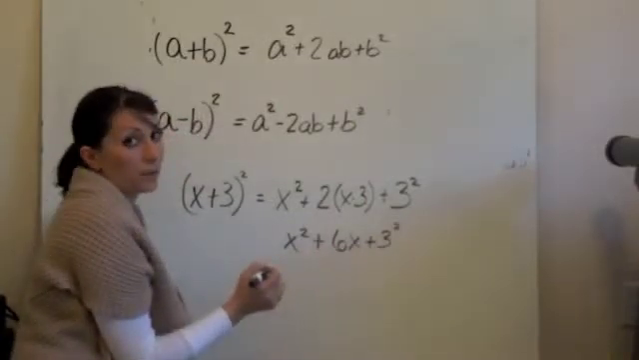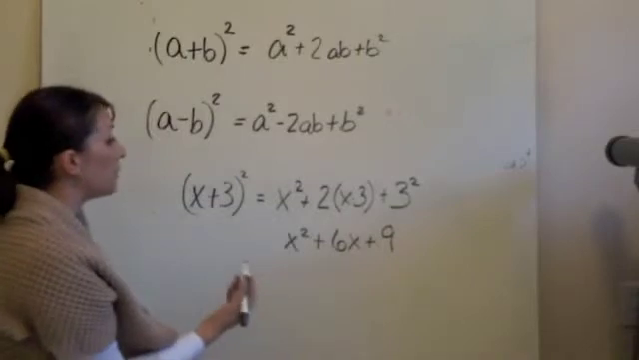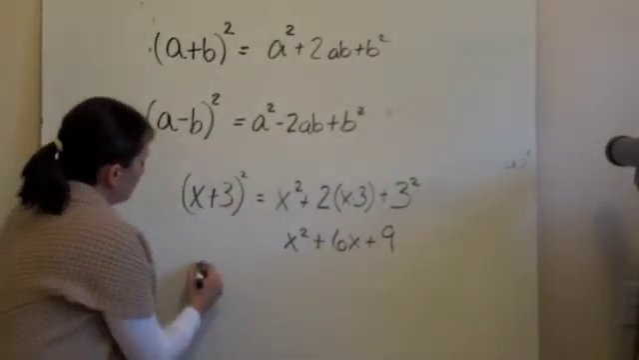But now I need to square that, right? I've got to do that one. So that really becomes 9. If we were to do this using the FOIL method,